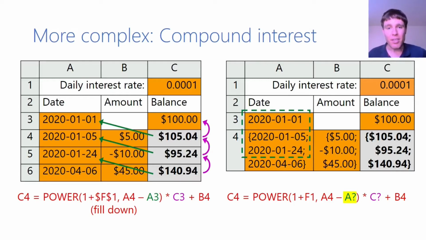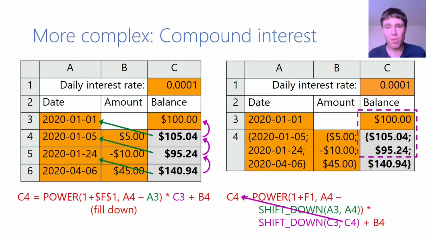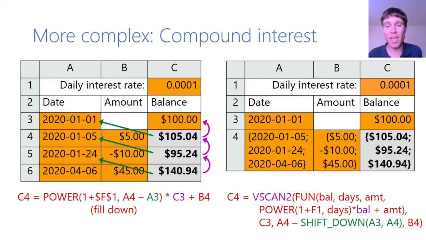Let's assume that a spreadsheet tool designed for array programming will have a shift down function to do that. But for the reference to the previous balance, if we tried to do the same thing, we'd end up with the whole array in C4 depending on itself, which won't work. To handle the iteration, we need to use a special function called vscan2 and pass a lambda function that computes each element from the previous one. Most users won't be able to come up with this unless they find an example on the web that's similar enough that they can adapt it to their problem.